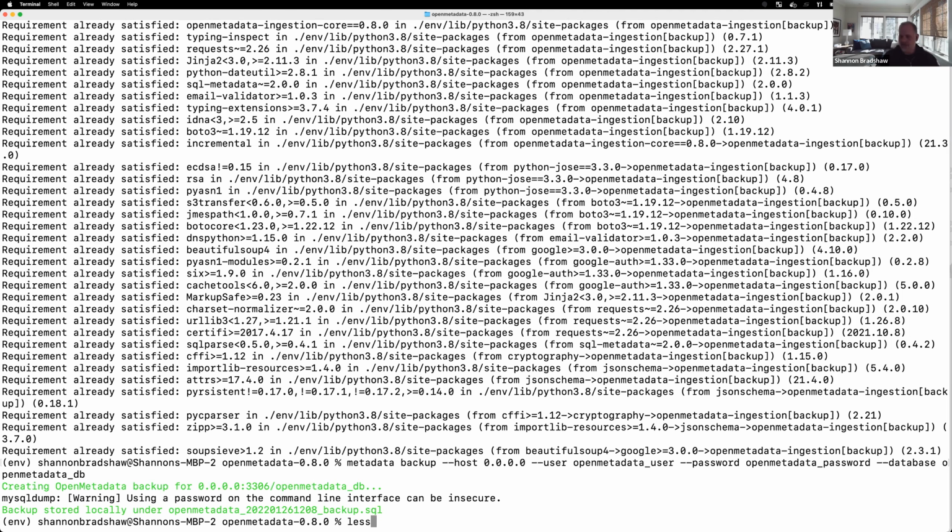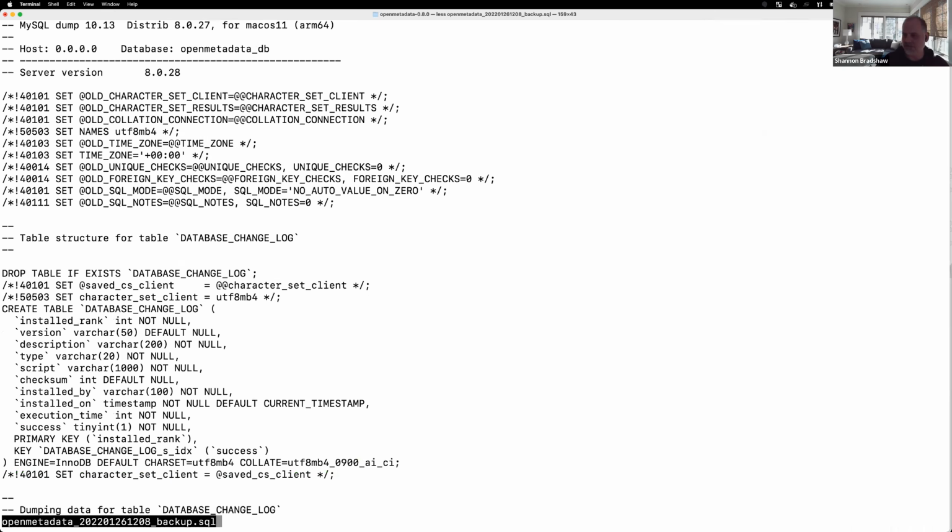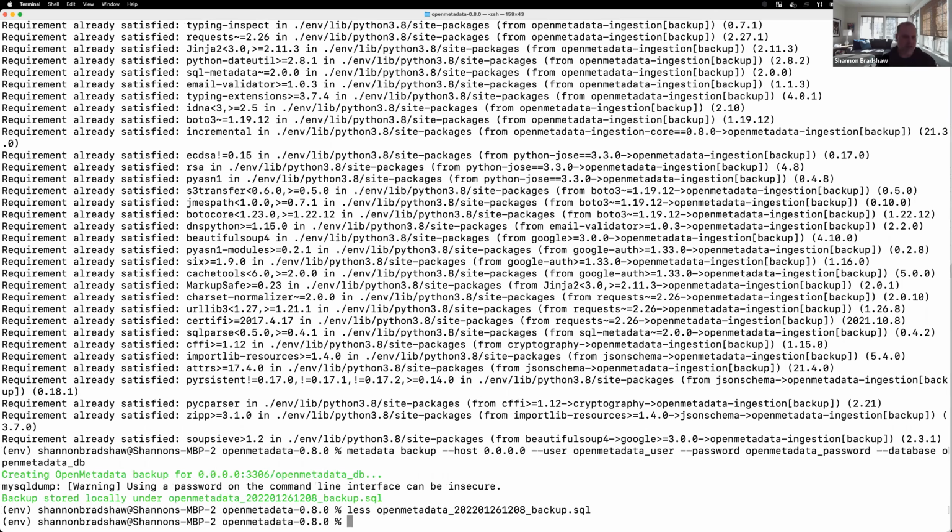And what this has done is dumped a backup here of my currently running MySQL database. So when I stopped the OpenMetadata server, I did not stop MySQL or Elasticsearch running in the background. So using backup, I was able to grab a dump of the OpenMetadata backend database. Okay. So now, with that done, the first thing that we need to do